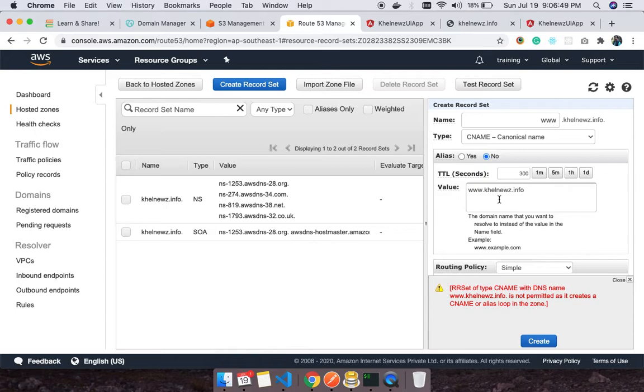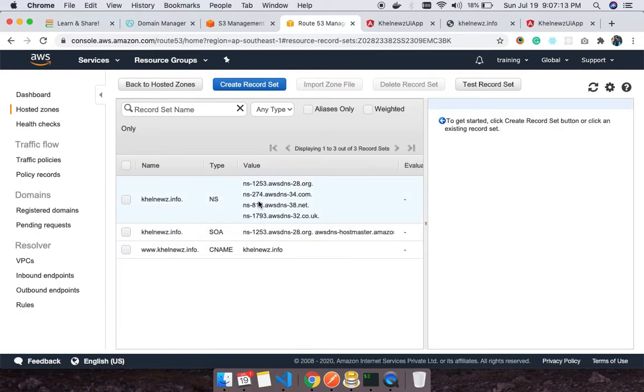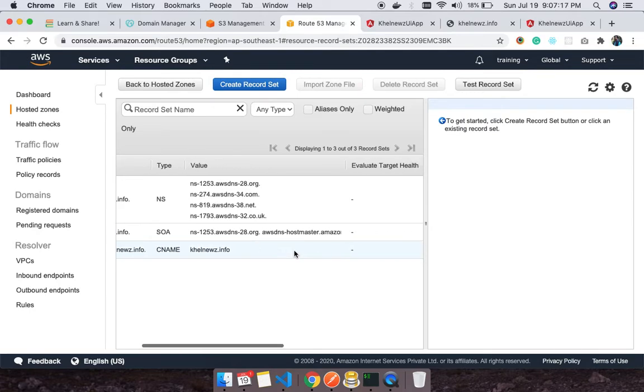The domain name that you want to resolve to instead of the value in the name field. But it says it is not permitted as it creates a CNAME or alias. Okay, since it's an alias, right?